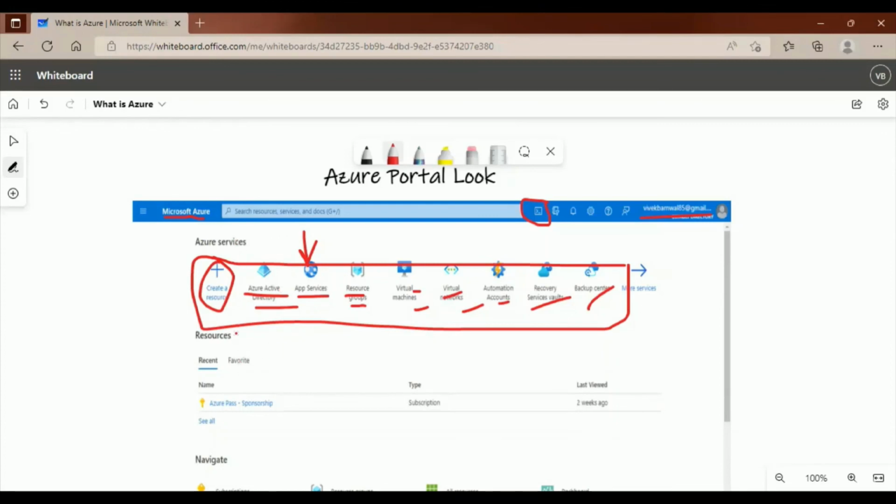One major point for using portal.azure.com is that you must have a subscription. For getting a subscription, you must use a credit card to get a subscription for 12 months. If you don't have a credit card, then stay tuned. I will show you a trick to get your subscription for free. Remember that it's temporary, not permanent. But if you get a subscription with an Azure credit card, then it's permanent for you.